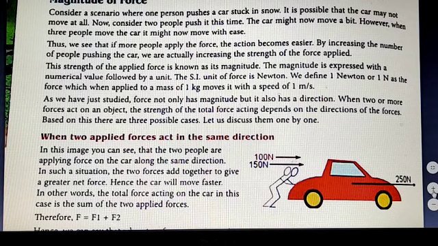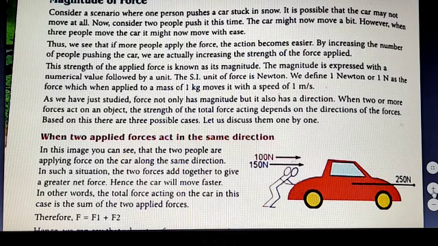All of you must have experienced that when many people are pushing any object or lifting any object, it's much easier because there is unity in strength. All of you must have read the story of the stick, where the father asked his children to break one stick. It was easy to break a single stick, but when he asked them to break a bundle of sticks, it was very difficult because the resultant force was together.